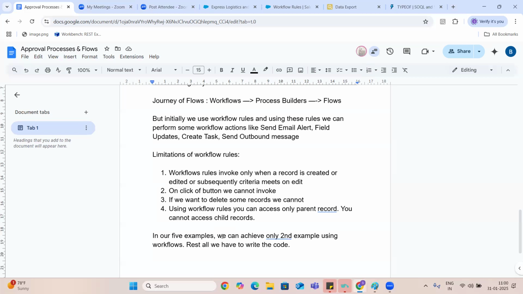Rest all scenarios, we have to write the code. Because of above limitations, Salesforce came up with the process builders concept.